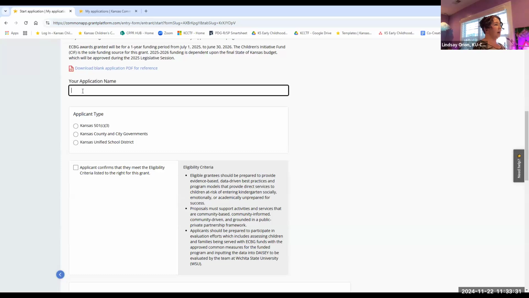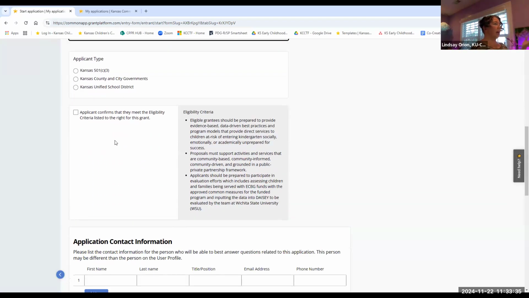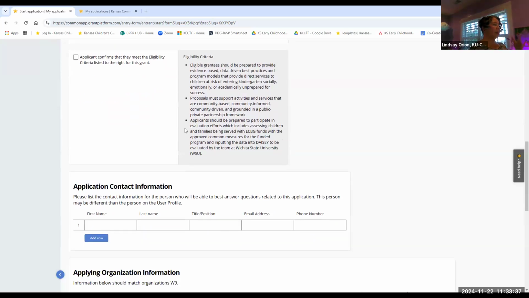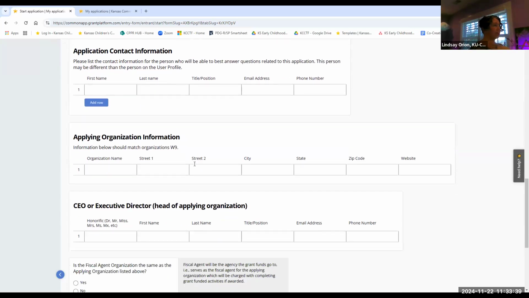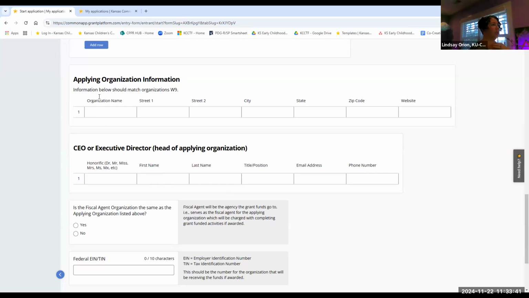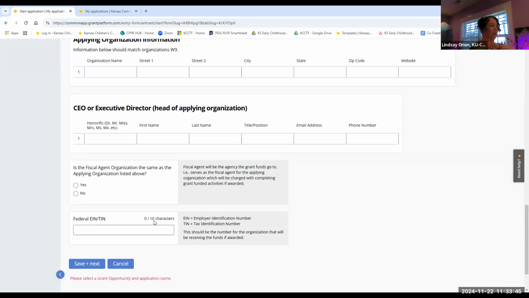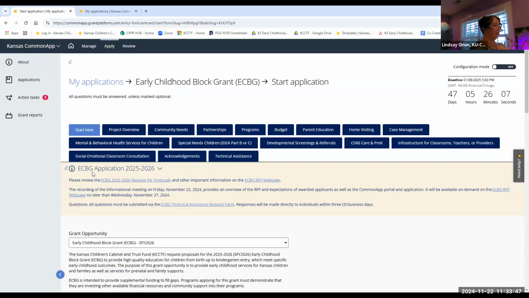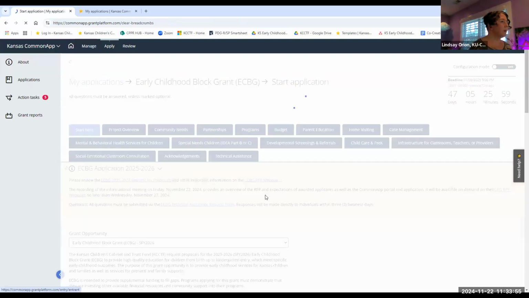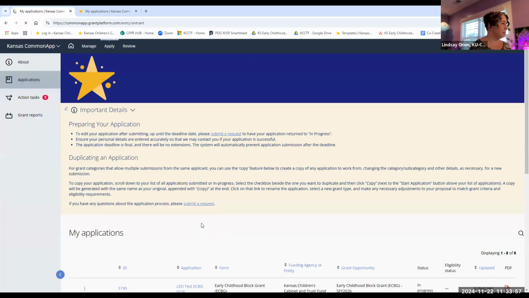So for me, I would put the organization, confirm the eligibility criteria, contact information for the organization, the CEO, and then fiscal agent and federal EIN. I already have an application open for myself, so I've already completed this page, and you can see that I have all of these tabs here. So I want to make sure I'm in the right place.